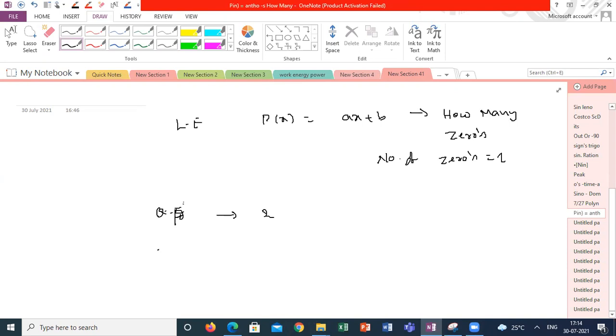Quadratic polynomial. I don't say quadratic equation, quadratic polynomial. Cubic polynomial, 3, sir. 3. Simple. This is a very important relation you have to keep in mind. That is one thing. Next one is,